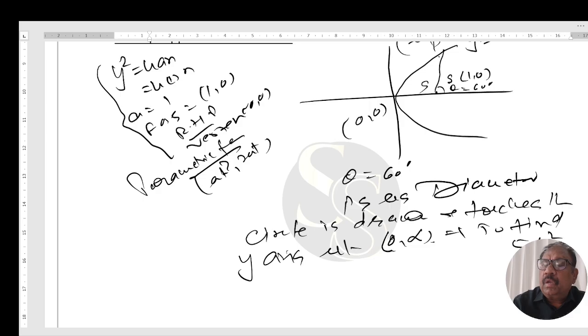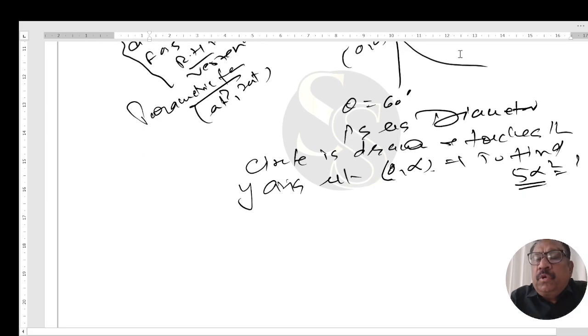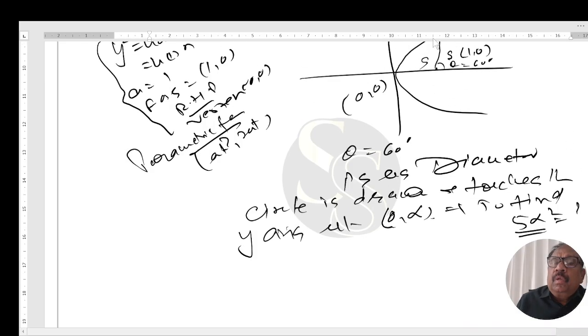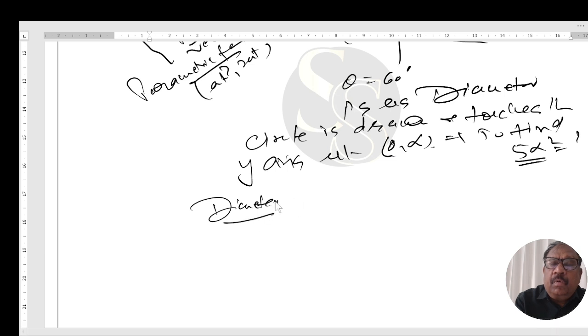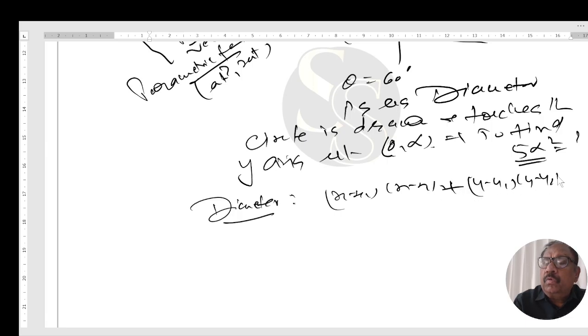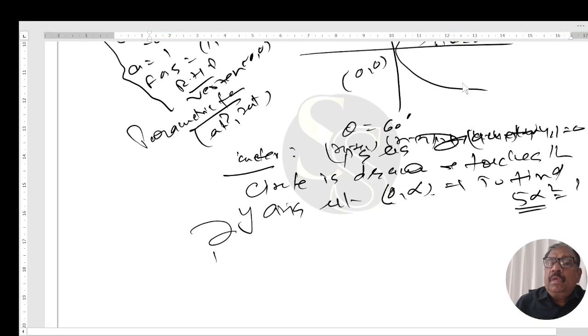To find 5 alpha square, since (0, alpha) is what we need, we should know the diameter form of the equation of a circle. The diameter form of the equation of a circle is (x minus x1)(x minus x2) plus (y minus y1)(y minus y2) equal to 0. In this case,